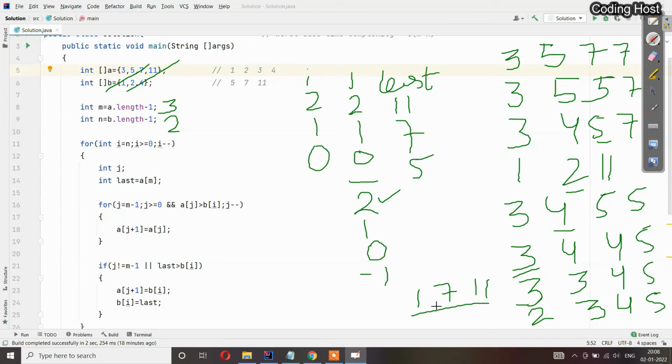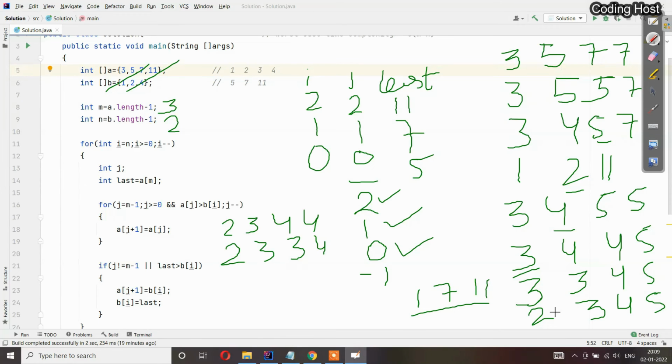So you can see that all the elements in this first array are larger than 1. So when the value of j is 2, this first array will shift the values from left to right. So it will become like this: 2, 3, 4 and 4. After that j minus minus, so j will become 1. So now still you can see that at index 1 value is 3 and 3 is larger than 1, true, and again it will shift the values. So now it will become like this: 2, 3, 3 and 4. After that j minus minus, now j will become 0.